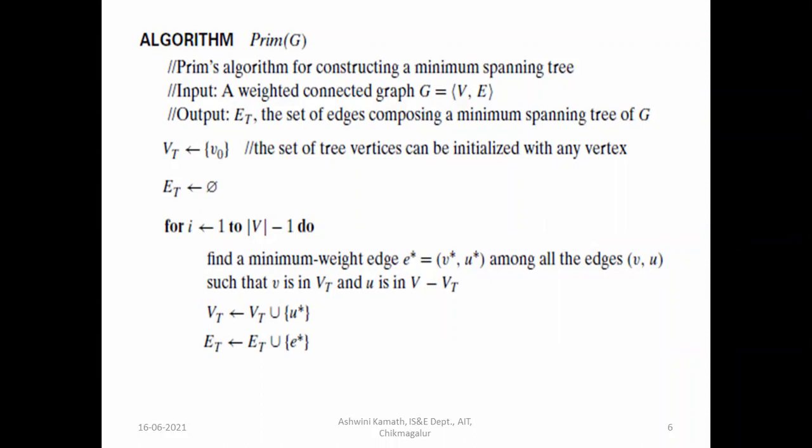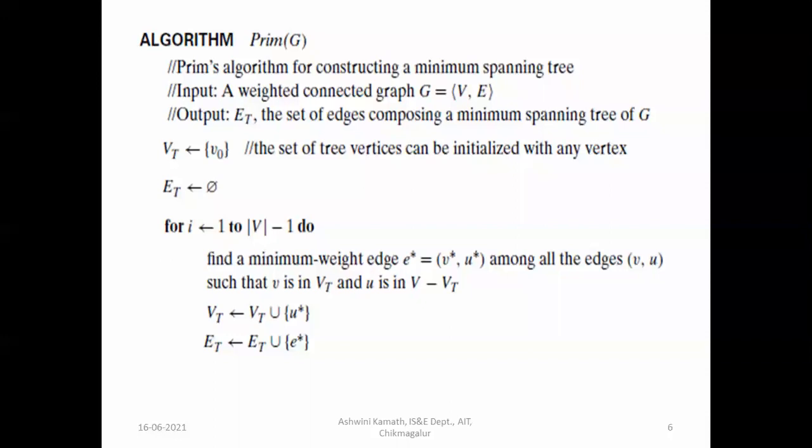So what is E star here? It is the edge from V star to U star. Add this edge to the tree, so ET union E star. Then return the set of edges for the spanning tree, that is ET. So these three steps, that is finding the minimum weight edge, then adding the vertex U to the tree, and then adding edge E to the tree,